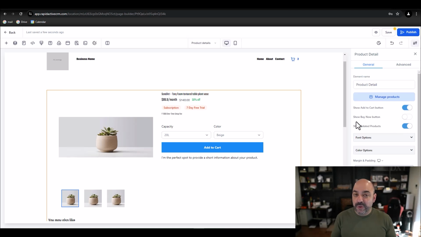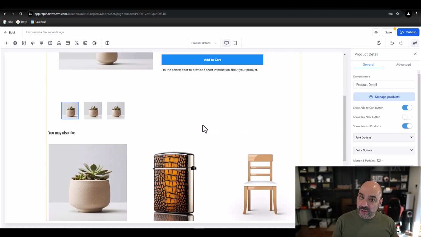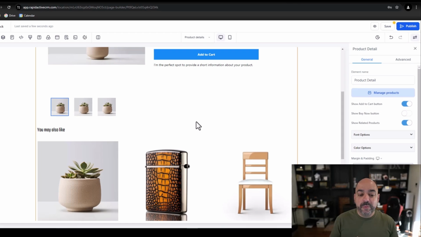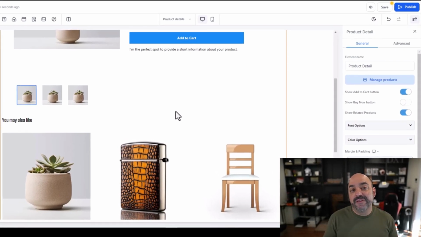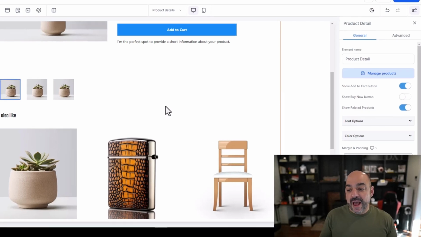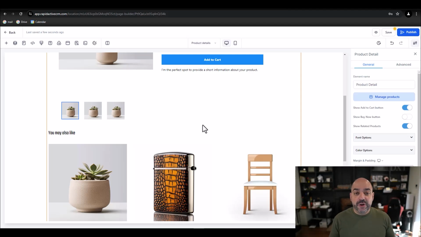Now, the selection of which related products it is, it's still a little bit limited because this is what they're working on. We'll be able to manage what goes in and out of this, but just understand that now, even if you have similar shirts or whatever else, you can now have related products in there. Now, let's go into the actual